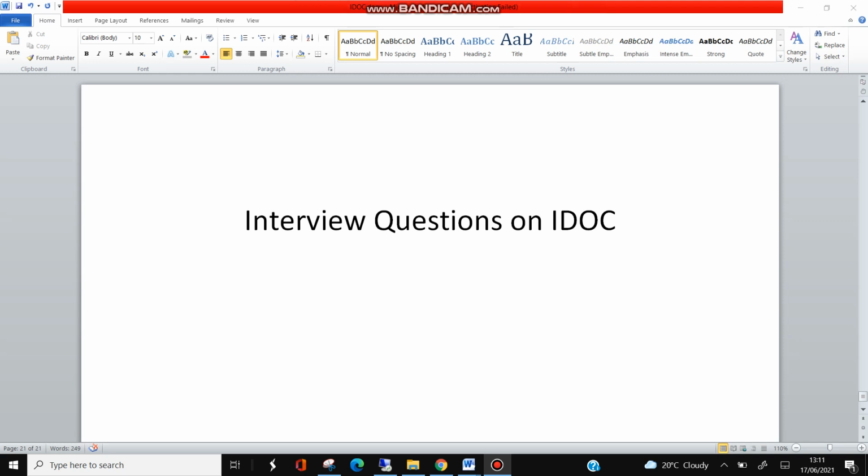Now they'll ask how the IDOC is triggered. I have already explained. It is through the output type, then the program RSNAST, and RSNAST looks for the partner profile. The partner profile gives three things: message type, basic type, process code. The process code is linked with the function module, and the function module finally fills the IDOC and generates it.